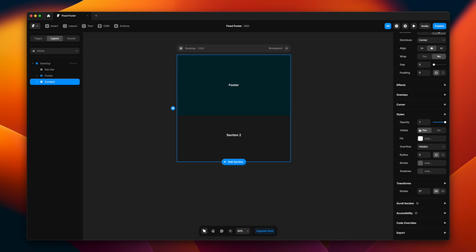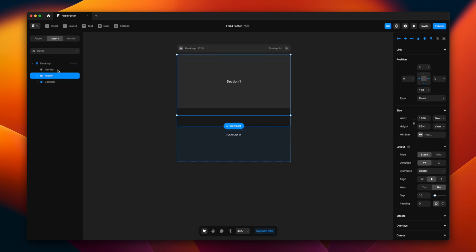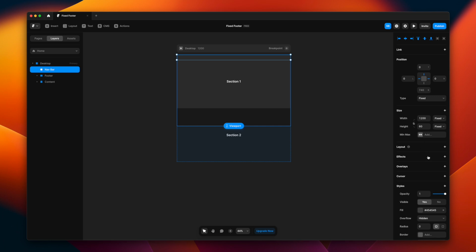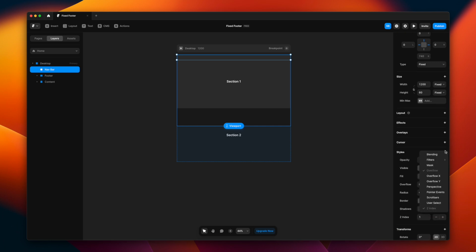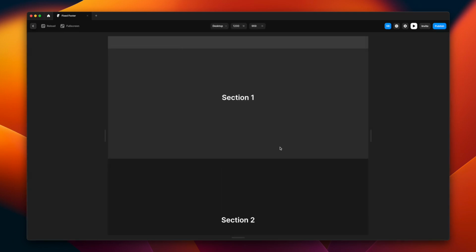Here we'll click on this add icon right on top, and go to z-index. Right now it's 0. We'll change that to 2. So this will ensure that the footer has gone behind, because the footer is still on z-index 0 and the content is on 2. Now we go to the navbar, and we will also change the z-index here. We will change it to maybe 3, because we want it even on top of the content that we have. So the z-index helps us ensure that the layers are one above the other, the way we want it.